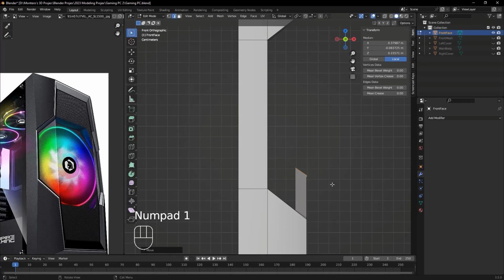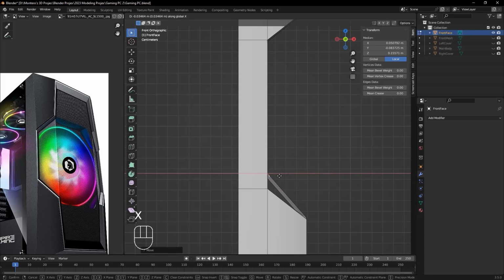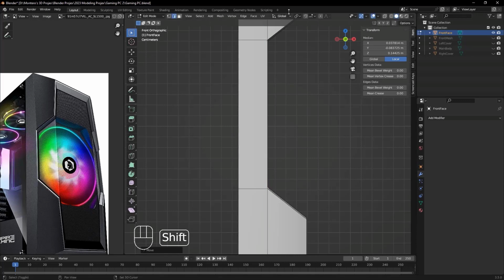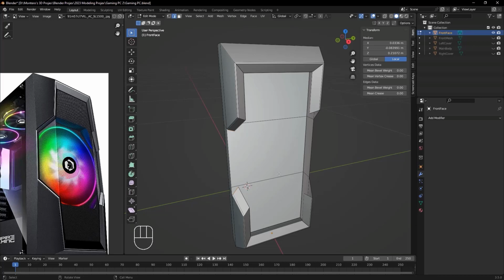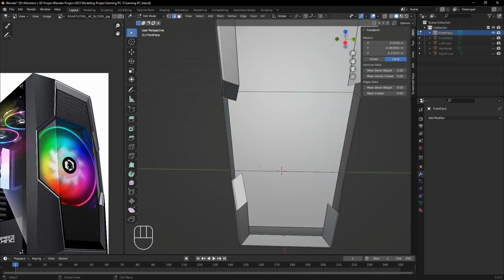Number 1 to move to the side view. G to grab it, and X to constrain it to the X axis. G once again, then Z to constrain it to the Z axis. Just like that. And the next thing I want to do is, let's go in here while we're still in